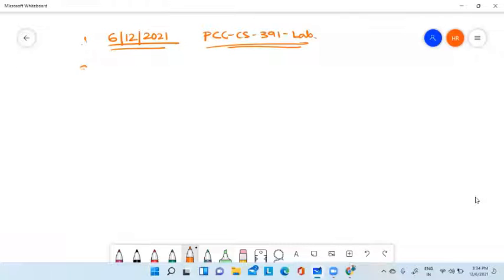We started with the stack data structure, and we have discussed different applications of the stack data structure. One of the most important applications of the stack data structure is to convert an infix expression into its corresponding postfix expression. And why we need postfix expression, we have discussed in the last class.